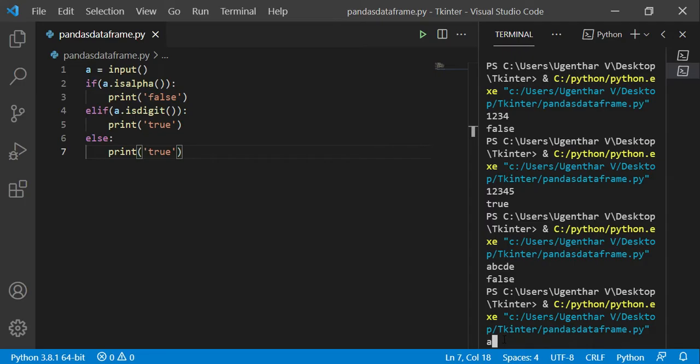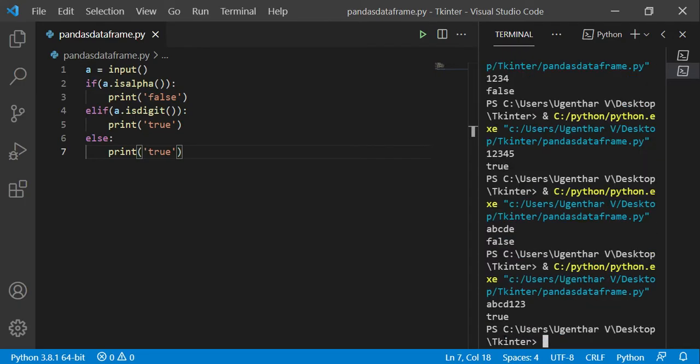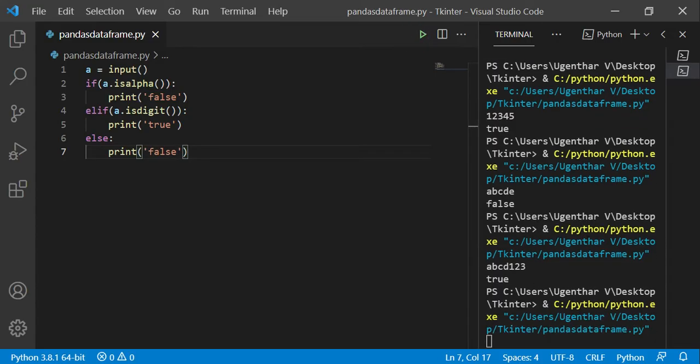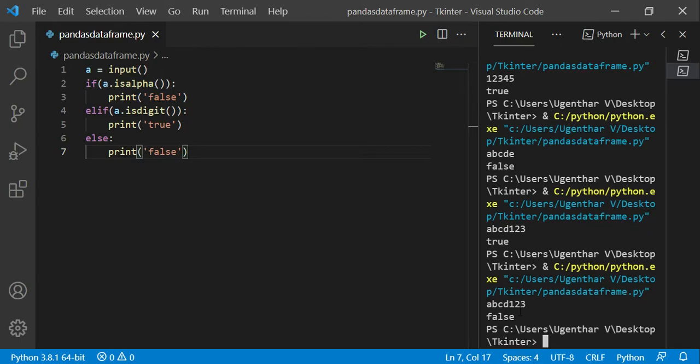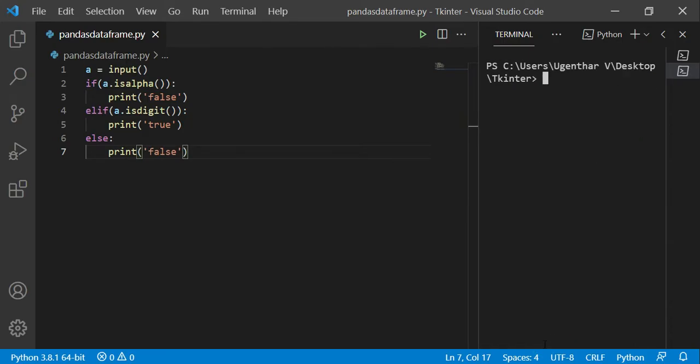Now let me give A, B, C, D, 1, 2, 3, which contains both alphabets and numbers, but it's throwing true. Here we should give false. Now let me give A, B, C, D, 1, 2, 3 again. Now it gives false.